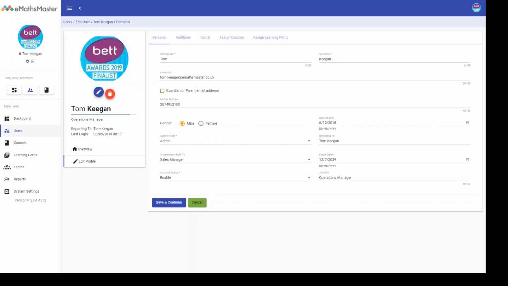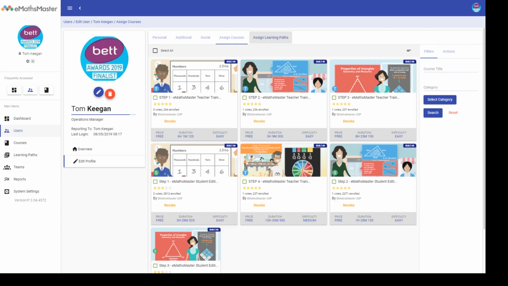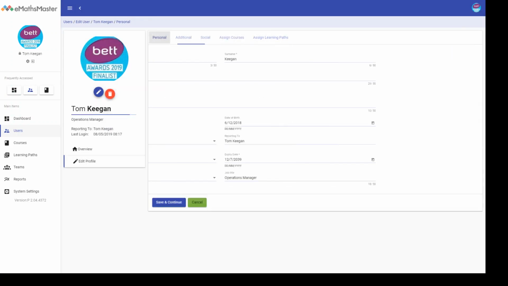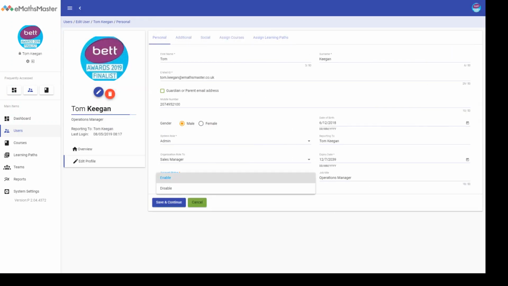Here we can see an overview of their account in more detail, and we can assign courses or learning paths to the user, as well as deactivate their account, disable their account, and stop them logging in if they're no longer part of the school or college or company. Clicking back to users